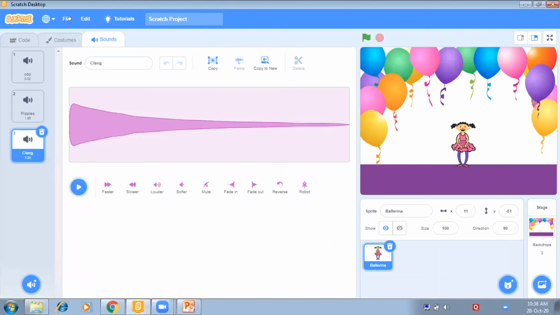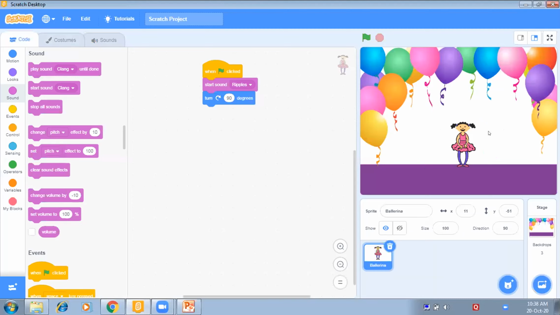Whatever sound you want to choose, you can choose it from here. I hope it is clear to everyone how you can make a girl rotate. This question you have to do today as homework, and you don't have to send it to me because this is just for your practice for the first time. I'll be giving you a question which you have to upload later, but not right now. You don't have to submit it to me because this is just for your practice, so that you can learn how to use Scratch, right?